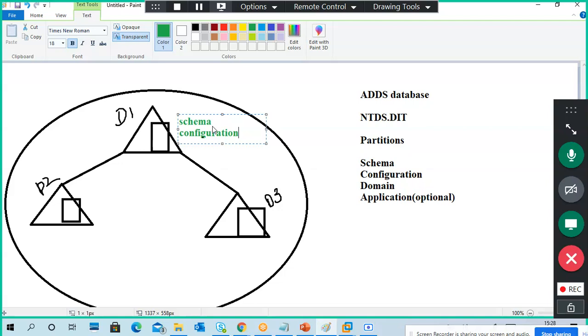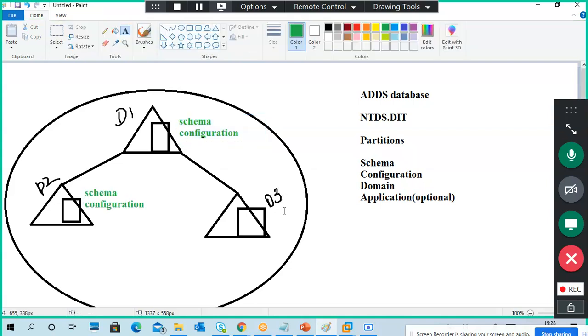Configuration partition. Last part I explained what a configuration partition is. One second, I will put this green color everywhere, so all three are the same. For example, what is the usefulness of this configuration partition?